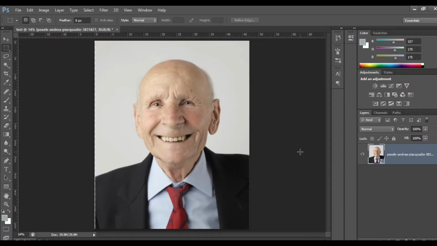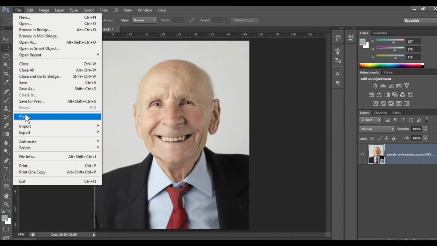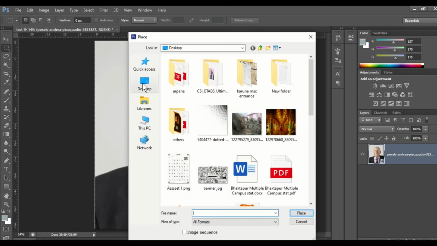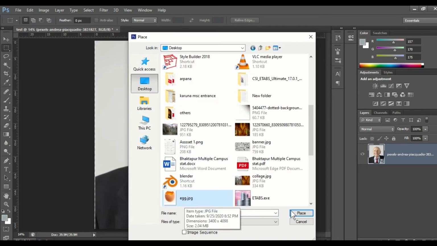Hey guys, we will be doing a very simple photo manipulation today. First of all, open the old man image. I have given the link in the description. Then the egg image